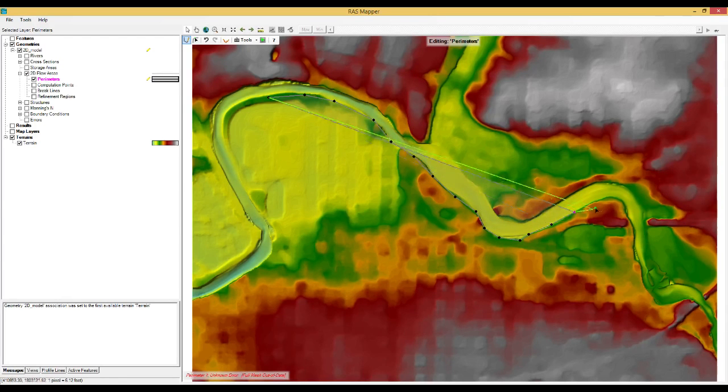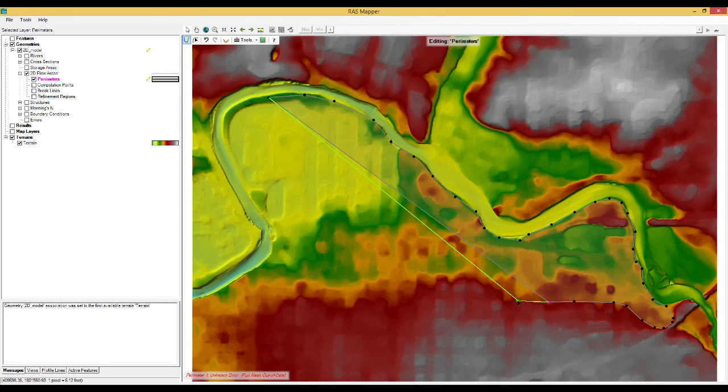So I will create some perimeter for the two-dimensional mesh. So I will make a 2D mesh along the distinctive areas for this terrain model. Okay,